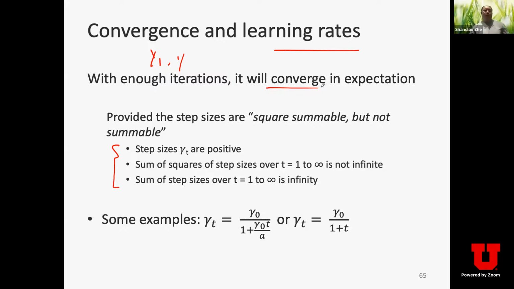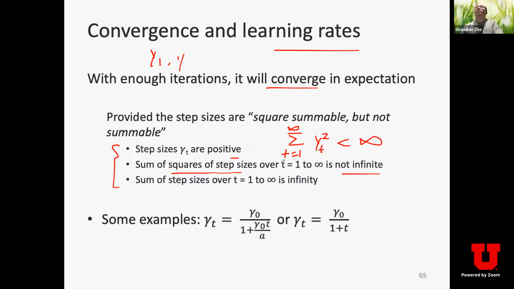First, every step size gamma t must be positive. This is of course reasonable. And then we require that the sum of the squares of the step sizes, from t equals 1 to infinity, is finite. If you write it more explicitly, it basically says if you add up the square of the step size at each step,